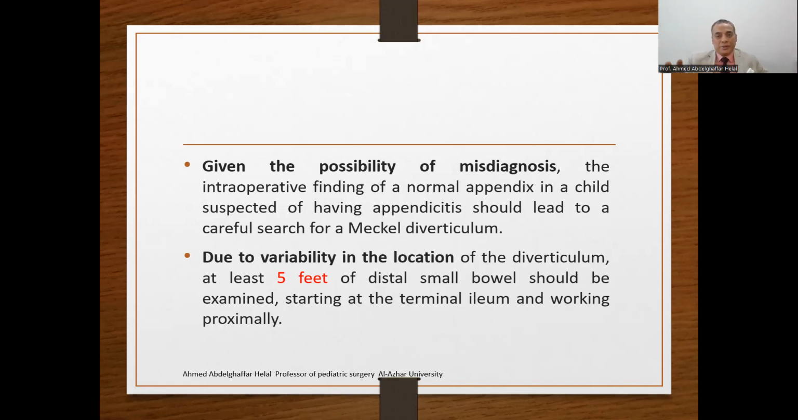If you diagnose a case of acute appendicitis and you go to the OR, and after exploration or performing diagnostic laparoscopy the appendix is looking normal, you should search for the Meckel. Due to variability of the location of the diverticulum, at least 5 feet of the distal small bowel should be examined, starting from the terminal ileum and working proximally. Start from the ileocecal junction at the terminal ileum and go proximal, searching for the presence of the diverticulum,